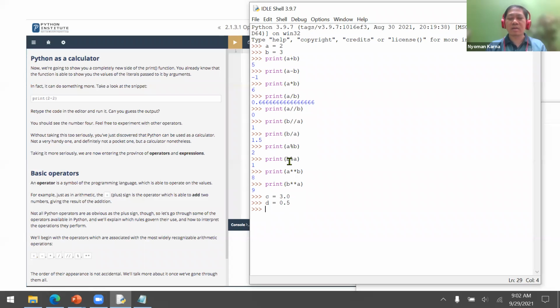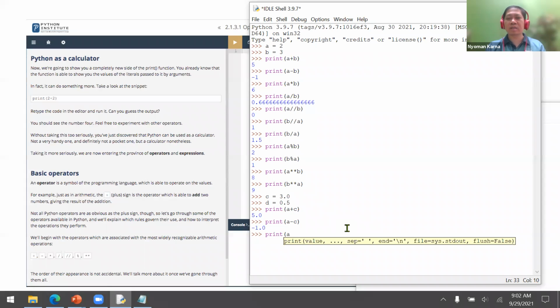Okay, now, what is the value of A plus C? Similar like the first one, it is 5, although in this case, it will print out a float type 5.0. How about print A minus C minus 1.0? It's a float also. Print, what is A times C? It's also a float, 6.0.